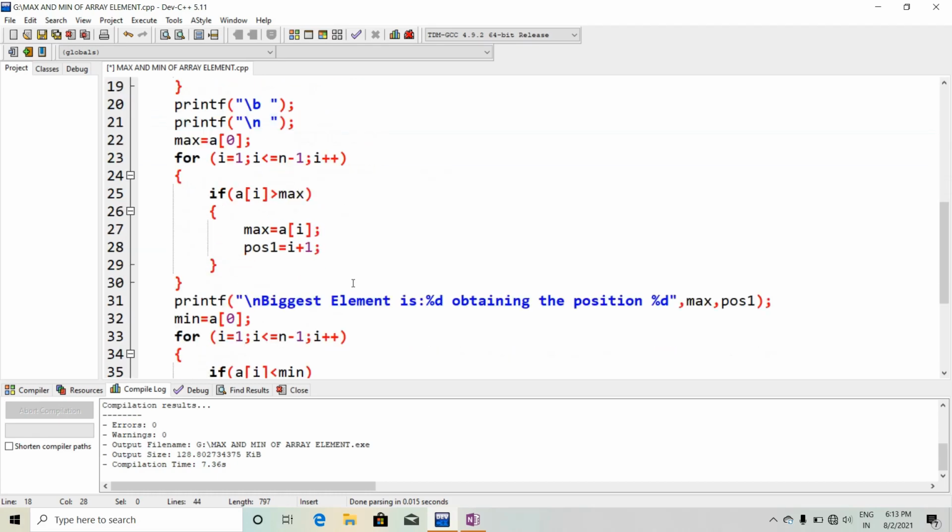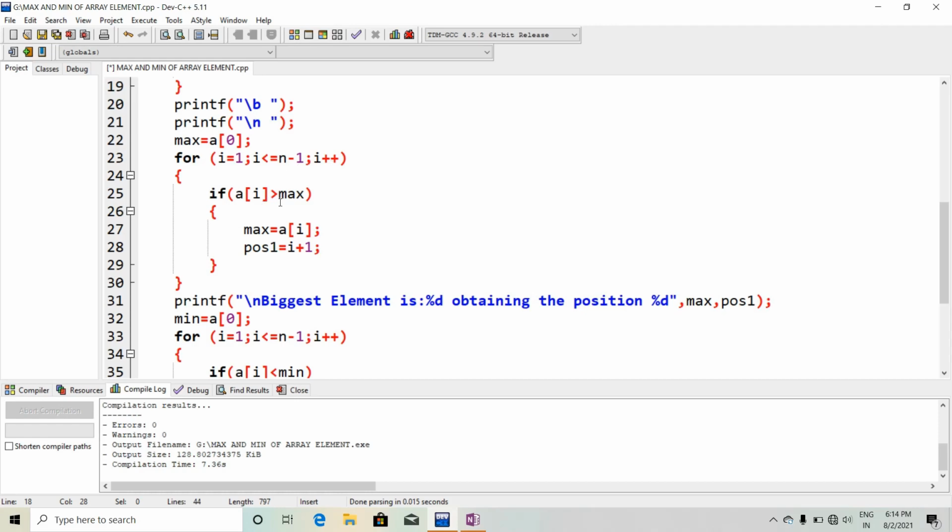Now I have declared that max is a of 0. So we have to check the other elements of the array, if there is an element that is greater than a of 0 or not. So for i equal to 1, i less than or equal to n minus 1, i plus plus, it will check all the other elements.